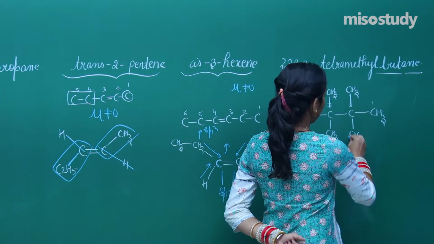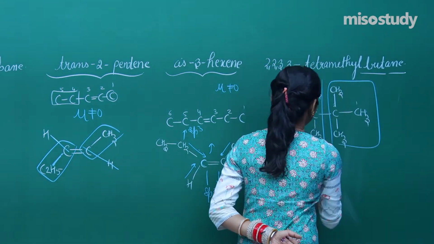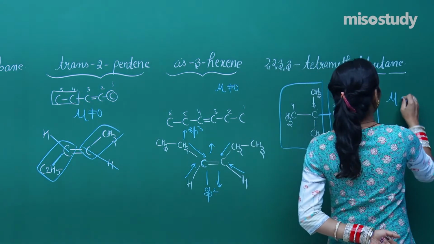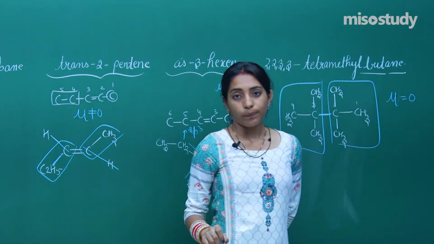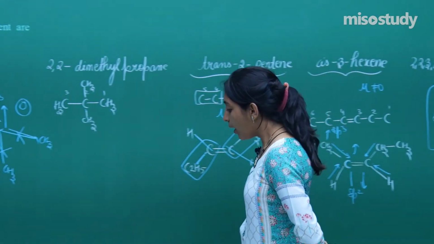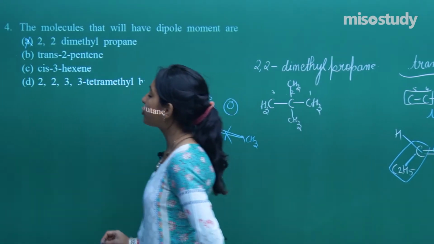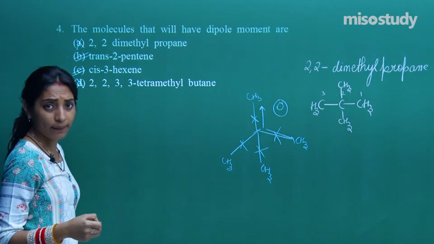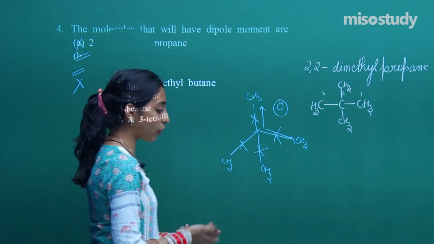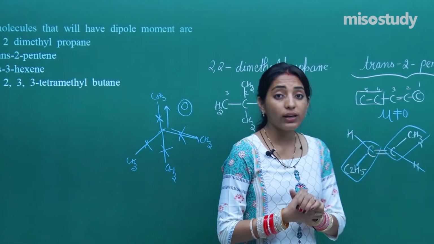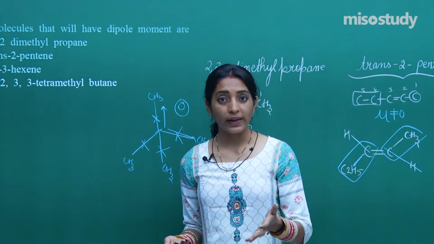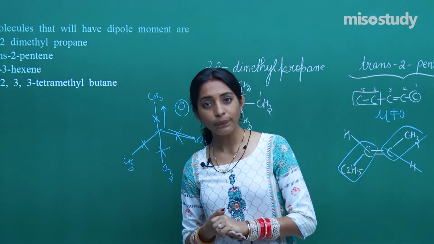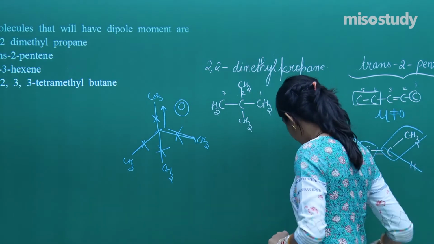But in this particular case, this is completely non-polar, this is completely non-polar, this bond is non-polar. So once again everything cancels out and mu is 0. Okay. So guys, this question was a multi-correct question with 2 options as the correct option. One is this, not this. Okay. So please don't mug up saying that ma'am trans is always 0 dipole and cis is always having dipole moment. No, it depends on which particular carbon the double bond is situated. Okay. So make sure you keep that thing in mind.